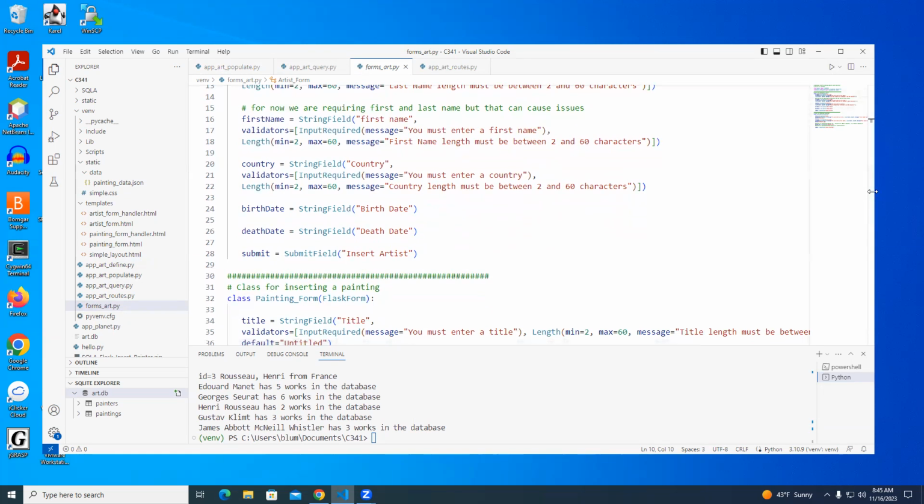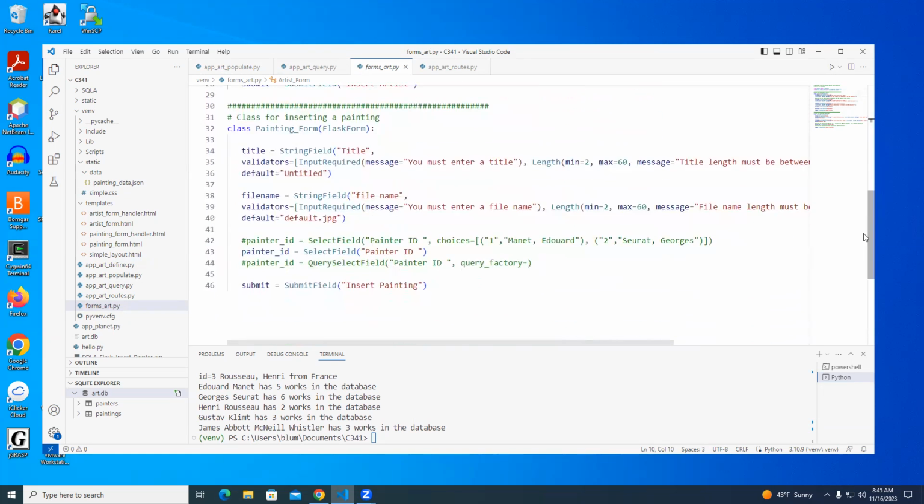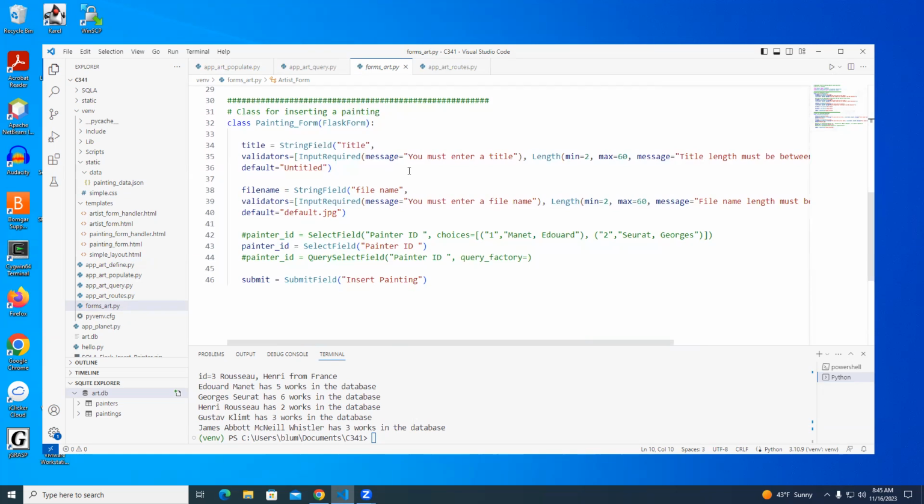I'm adding now a second form, which will correspond to a second page, another route, and it is the painting form. So I have a place to enter a title, which is a string field. I'll say it's got to be between 2 and 60 characters, a file name,